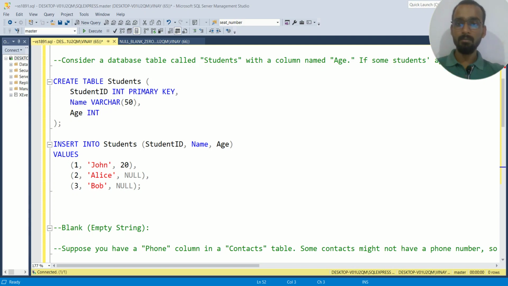Just see the difference, what exactly we have. We have a student table over here, and in this we have student ID, name and age. As we know, the ID is a primary key, so it can't be null or duplicate. Name is compulsory to fill. And let's say the age. Let's say in an institute, a candidate or a student doesn't fill in that particular age section.